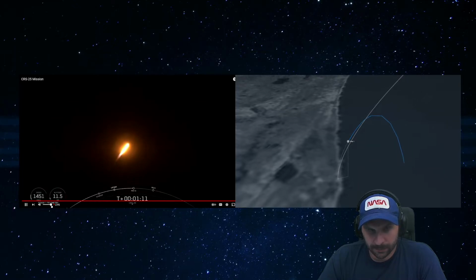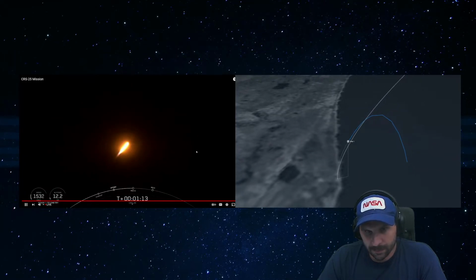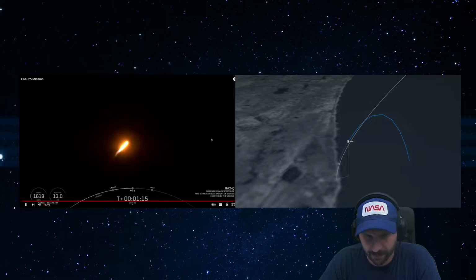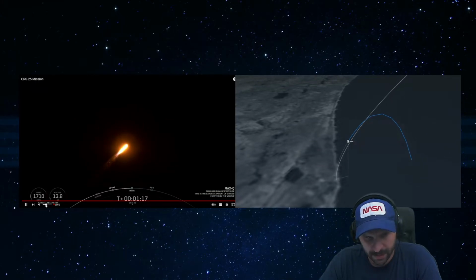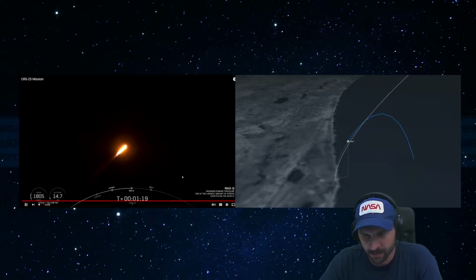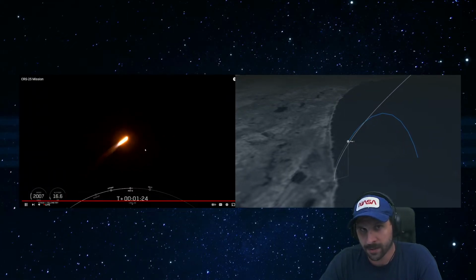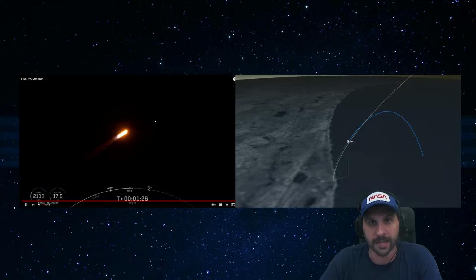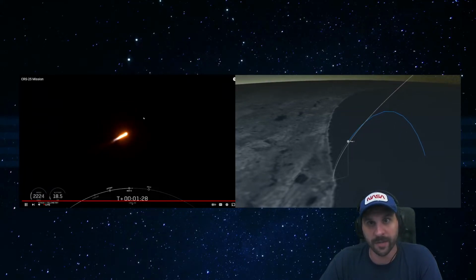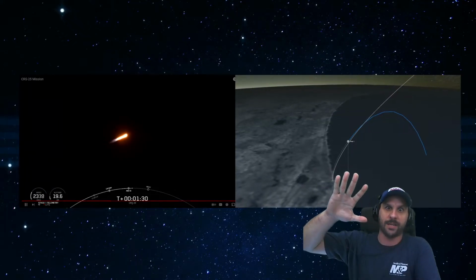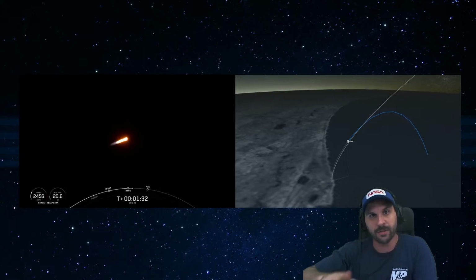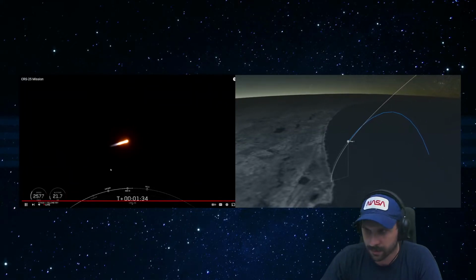For the point of highest stresses that the vehicle will experience during ascent. Maximum dynamic pressure. There's the callout for max Q, peak aerodynamic load on the vehicle. While the rocket is still relatively low down here, it's still moving through the atmosphere, so air can compress up against the front of the vehicle. When it compresses up against the front of the vehicle, it does compress the rocket. You don't want to accordion the rocket too much when you fly. That's no good.